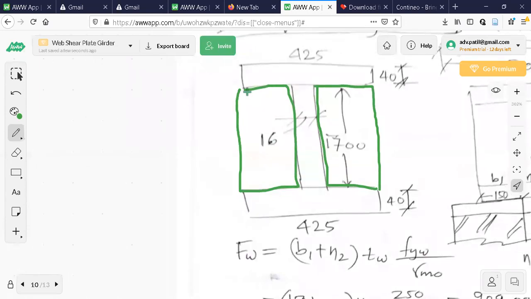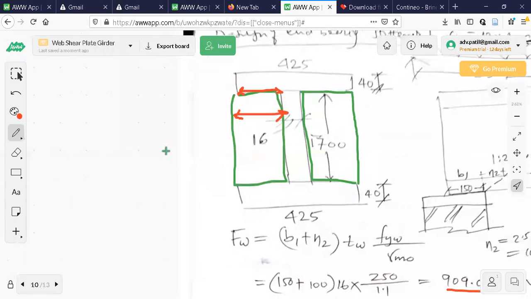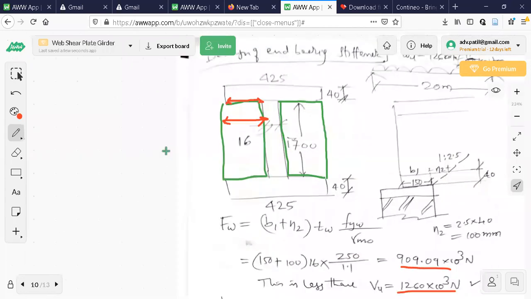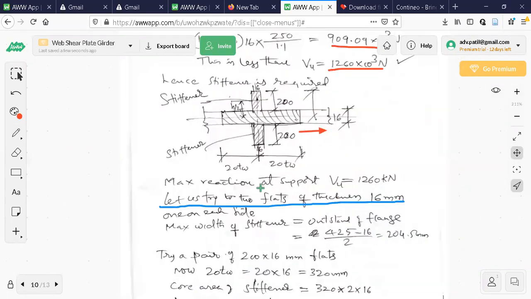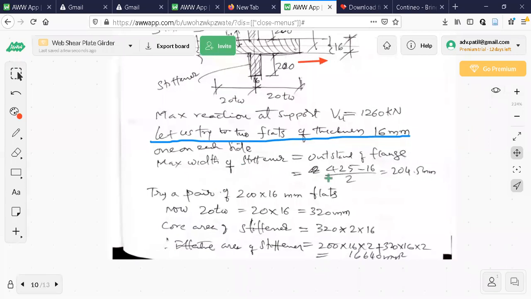Now you must see that it should not cross this B. Outstand, it is called as outstand. The width should be selected in such a way that it should not cross it. This distance I am telling, this one should not be more than this. Lesser is better actually, slightly less is better. That is why I have to calculate this distance first, then see that it is not crossing that. Okay. Now let us see what I have done here. Maximum width of the stiffener cannot be more than the outstand of the flange.